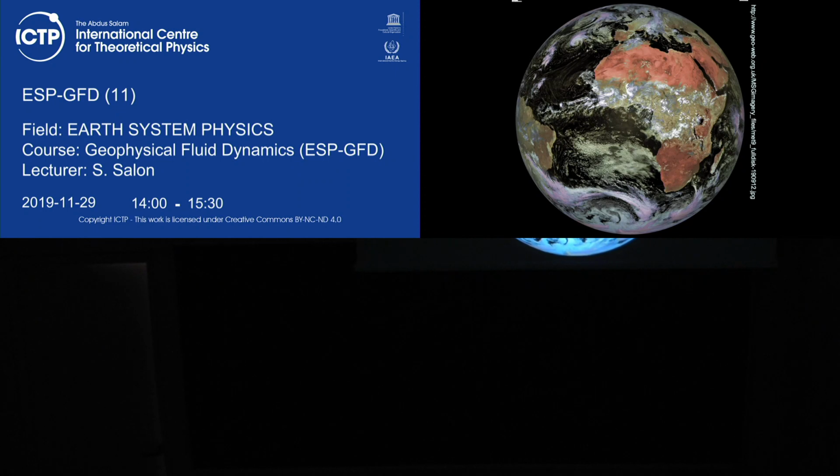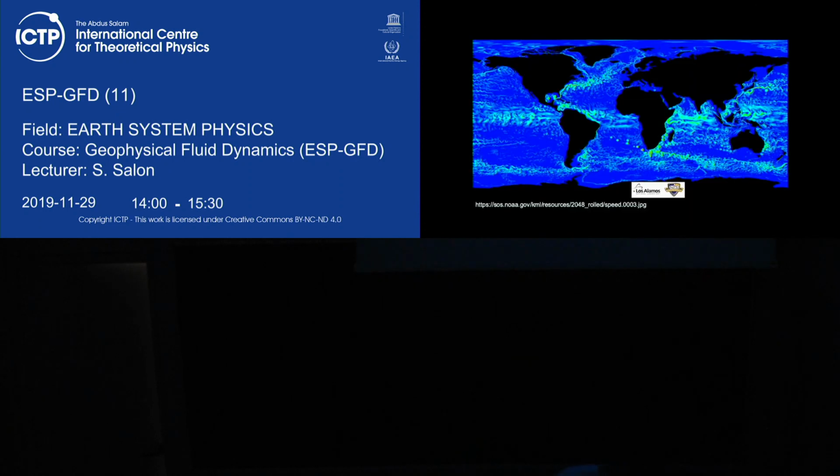So when we look at the general circulation which acts on our planet, from the atmosphere or from the ocean, we can say that this is an important subject for GFD. Okay, so this is not a picture, of course. This is a simulation from a computer, from a numerical model, which shows you, let's say, the